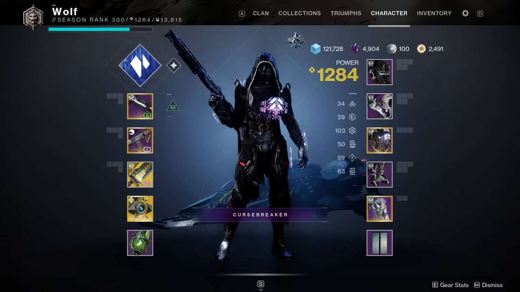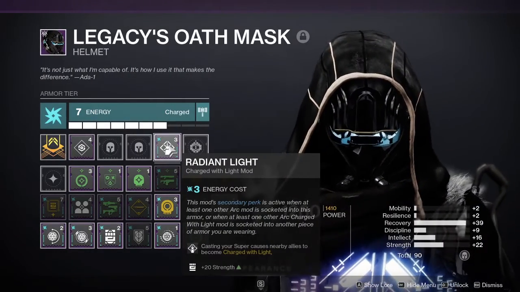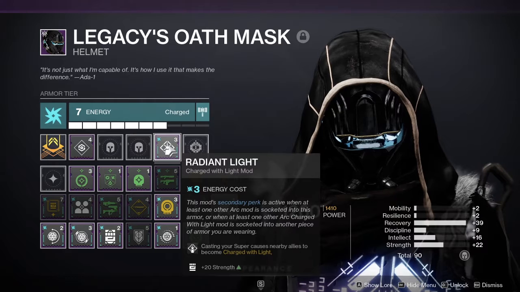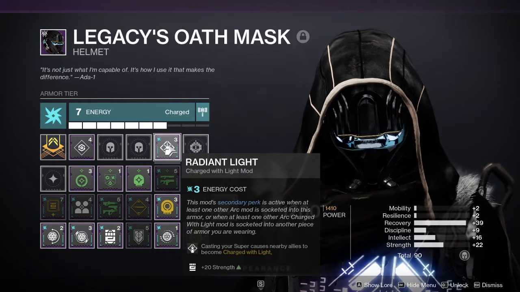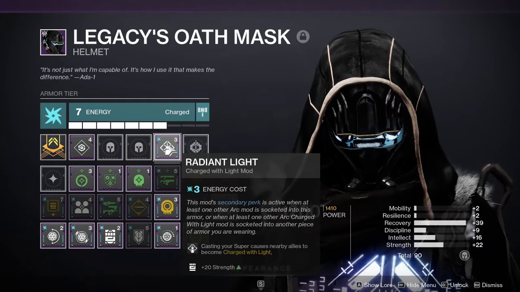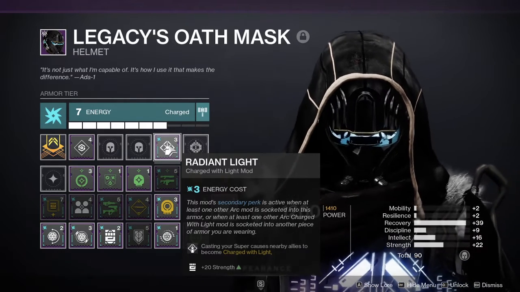But to first go off of Charge of Light, the first mod that I use often is Radiant Light. Pretty much the basics of this, if you pop your super, everyone that's close to you becomes Charge of Light, which is great because, if you're running through raids and you're using all these other damage things that go away after you kill something, always being able to get your Charge of Light back quickly from someone popping a super or just anything in general is really good. Plus, if you're using an arc mod on any part of your actual build, you also get 20% strength,